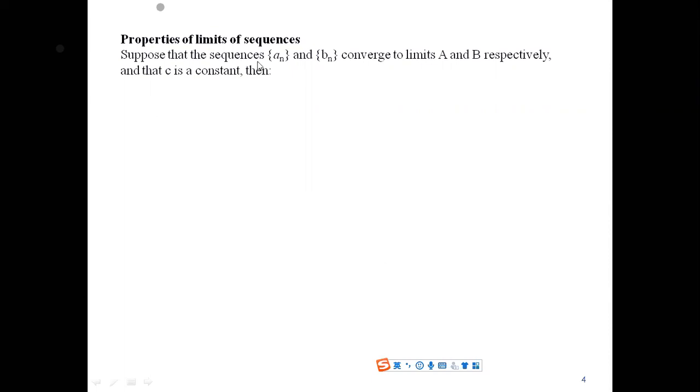Suppose that the sequences an and bn, these are 2 different sequences, converge to limits A and B respectively. So the sequence an converges to limit A and the sequence bn converges to limit B, and that there's a number C, which is a constant, then